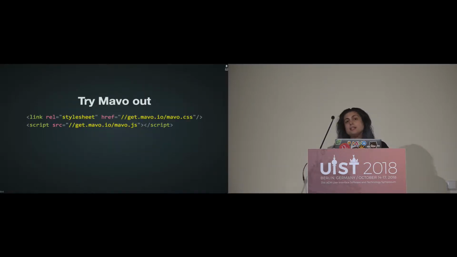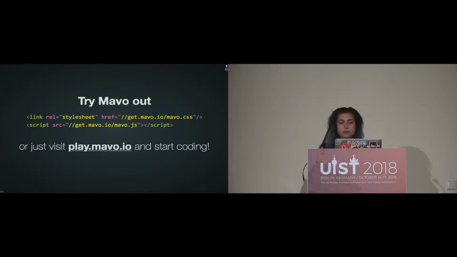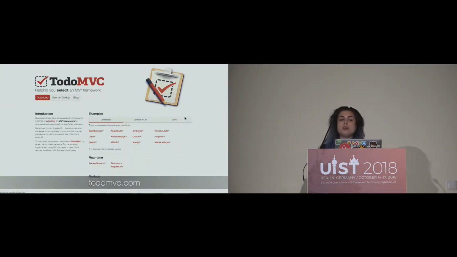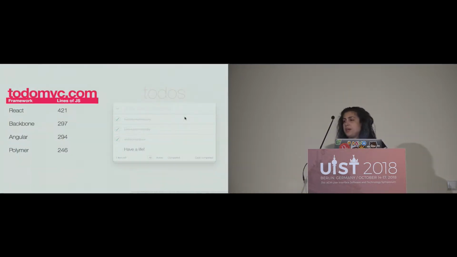Mavo is currently implemented as a JavaScript and CSS library. It can be dropped onto any page, and it enables its syntax by just including these two files. There's also an online playground. So how many of you have seen the website todomvc.com? Quite a few. So this is a website that implements the same to-do list with every MVC framework that exists for JavaScript. And we always wanted to participate in that directory, even though Mavo is not a JavaScript framework exactly,